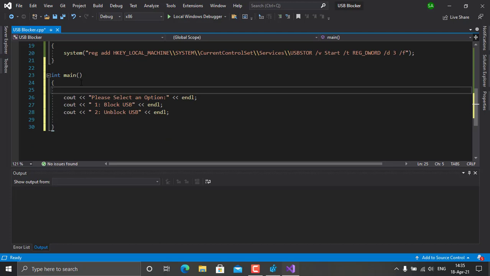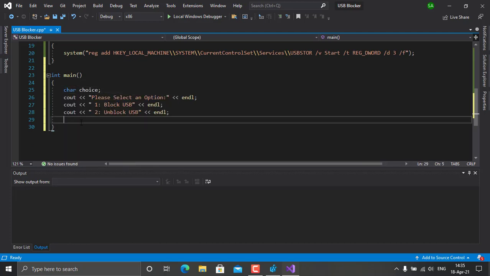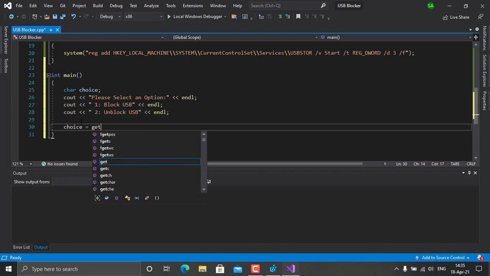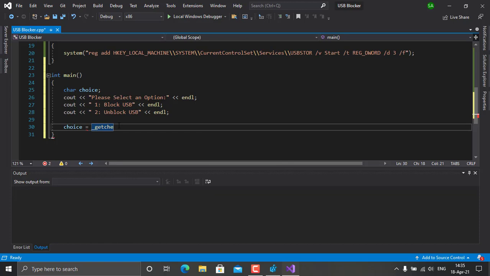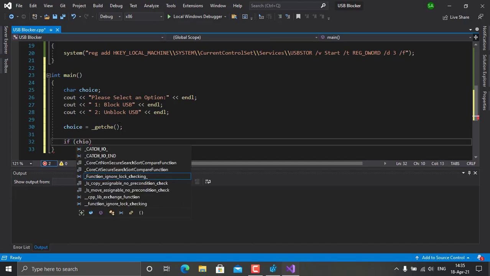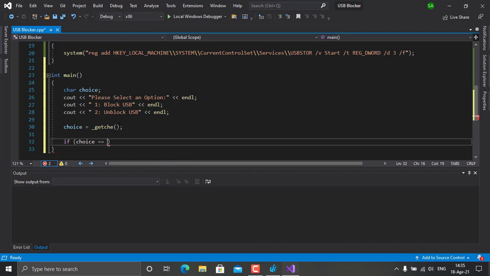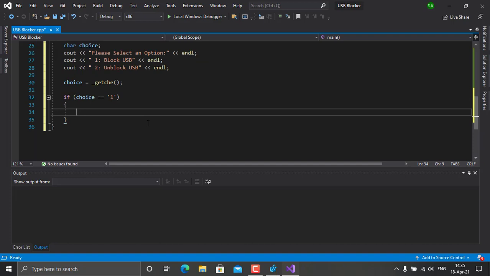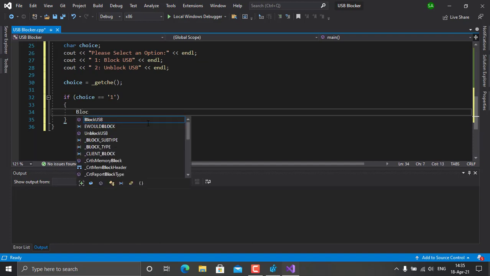Then we're going to input a character choice. So choice equals getche, and if choice equals 1, then block USB